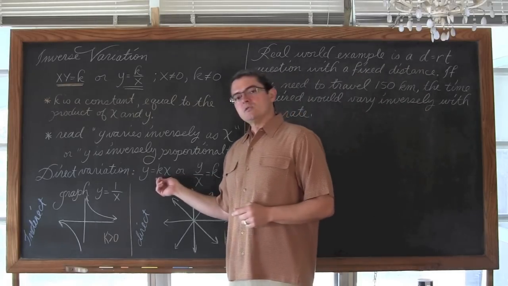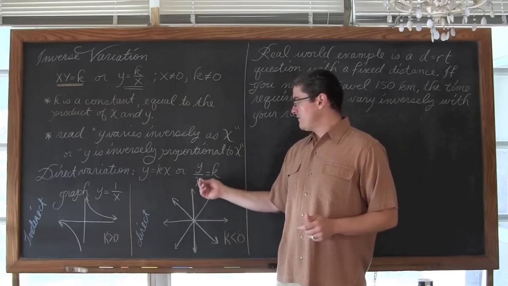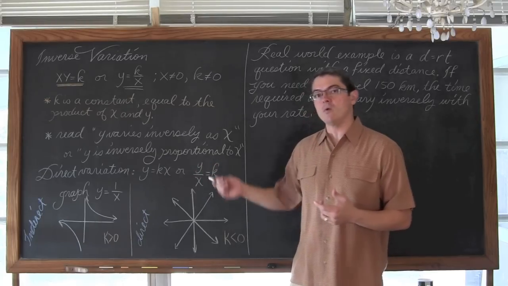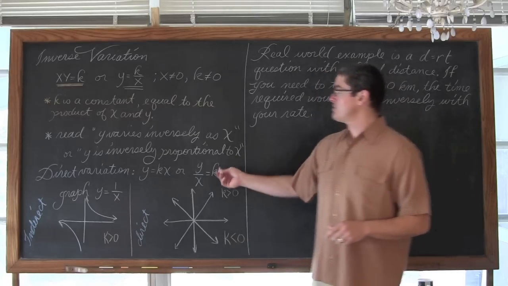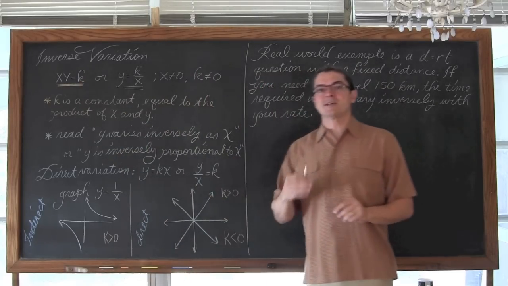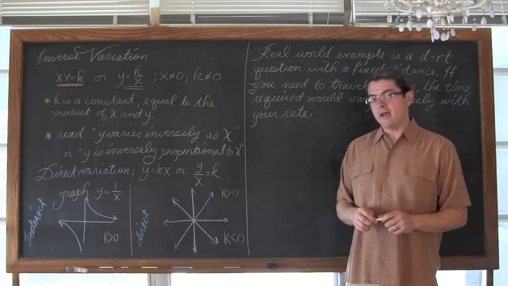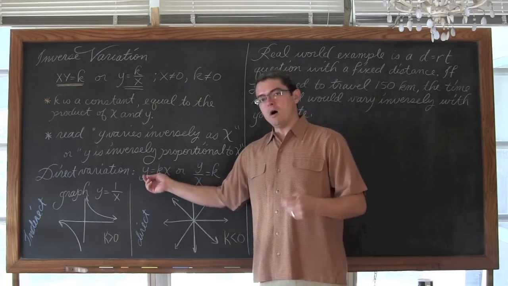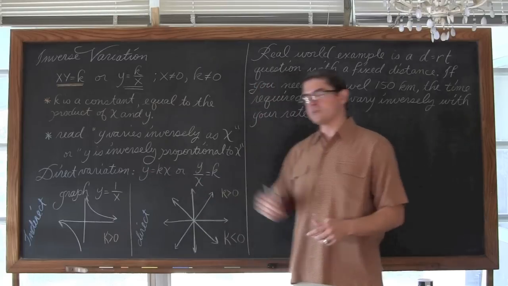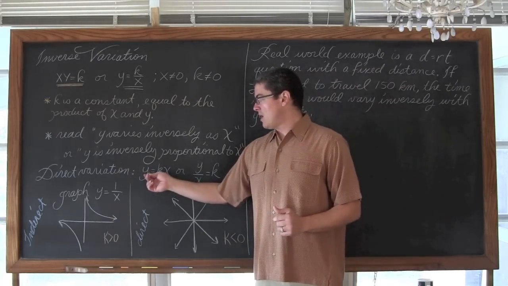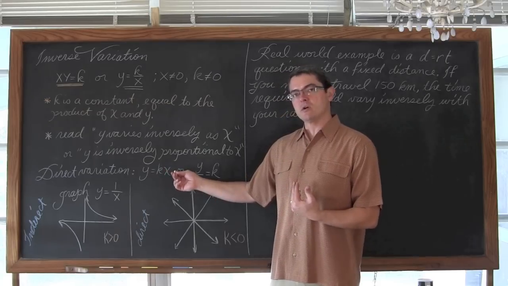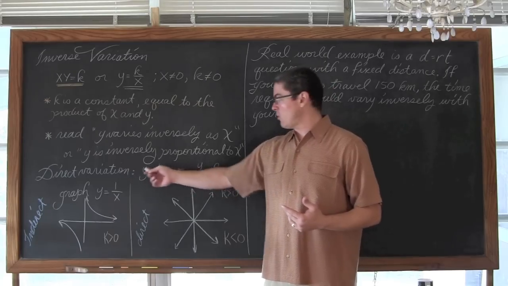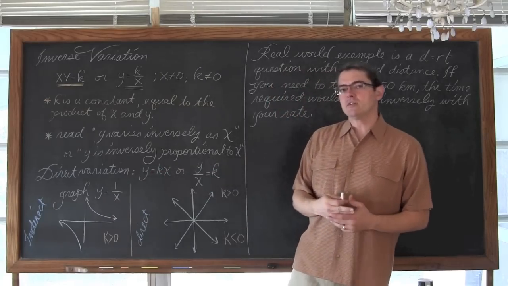Now, direct variation is y equals kx, or y divided by k is equal to x. So when you have direct variation, it's the quotient of y divided by x that sets up the constant, as opposed to inverse variation where x times y is equal to k. If we look at y equals kx, you might recognize this as y equals mx, with no constant, or rather, a constant of 0. And y equals mx plus b, or y equals kx, that is the equation of a line.